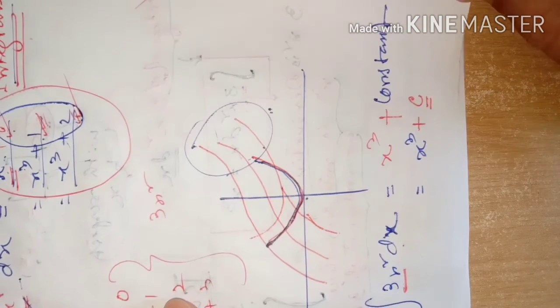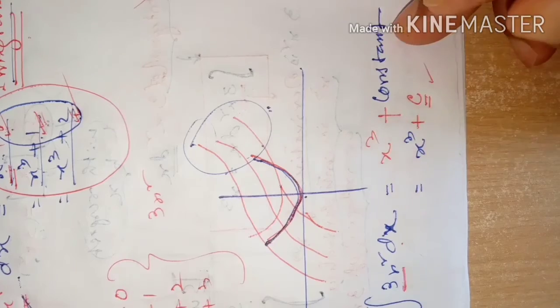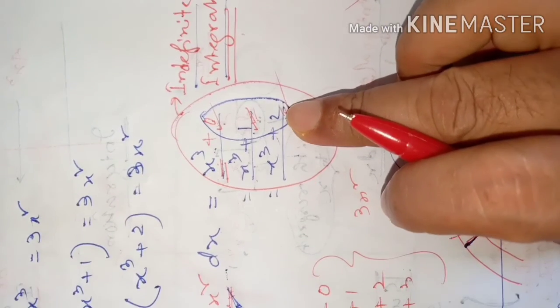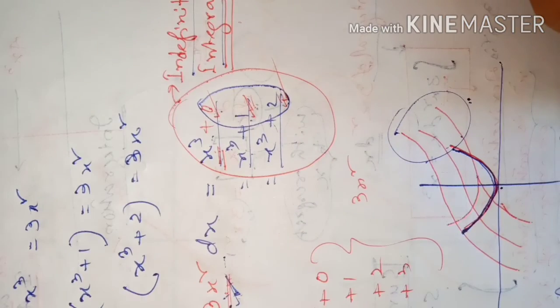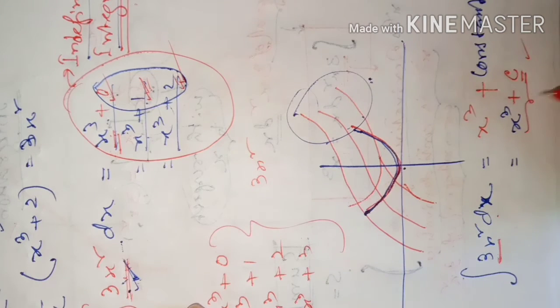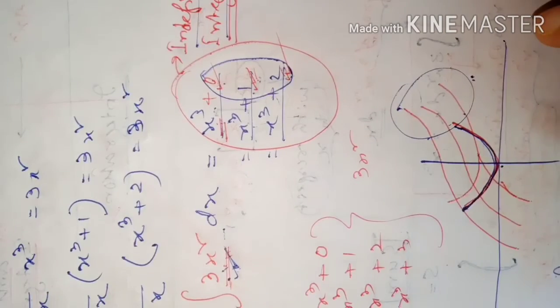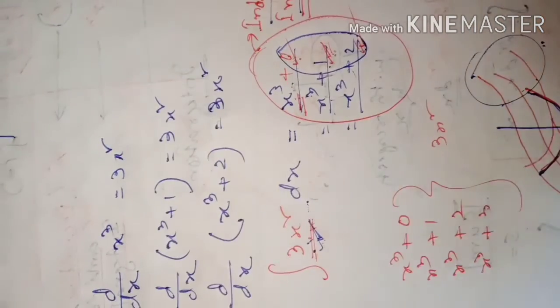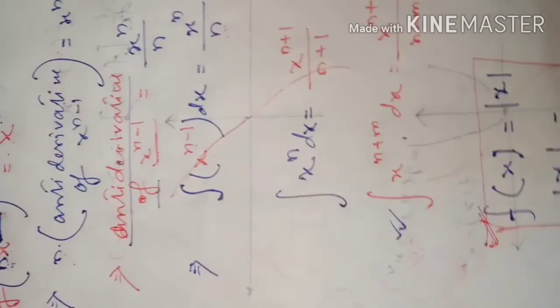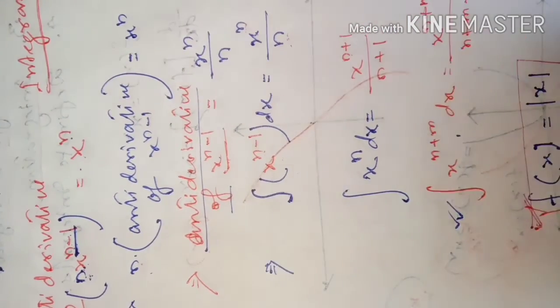For each antiderivative you have to add a constant, because the constant is not known, so many constants can be there. So that means this x cube plus c represents a family of curves. So that is the introduction part of integrals, dear students. If you know the formulas for derivatives, you will also be able to say the antiderivatives.